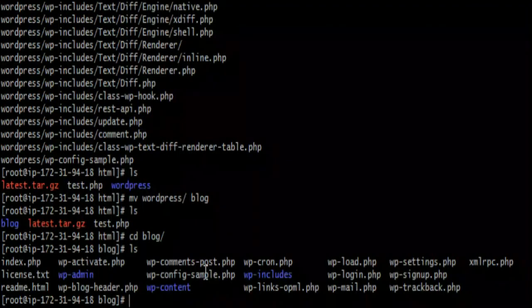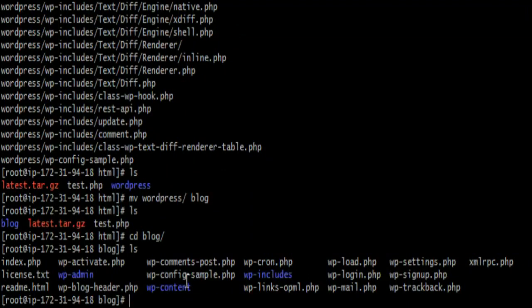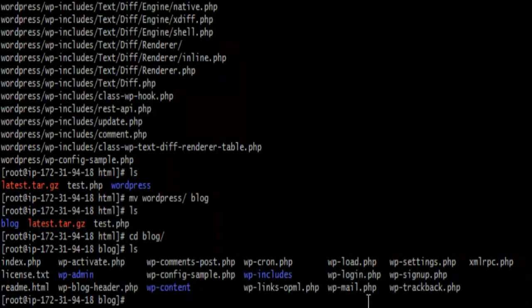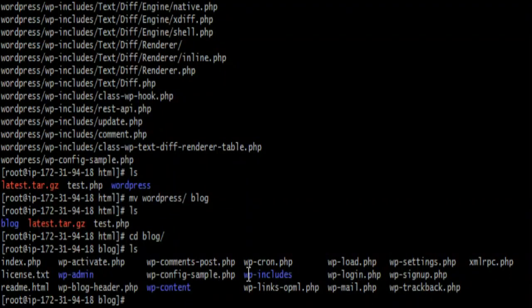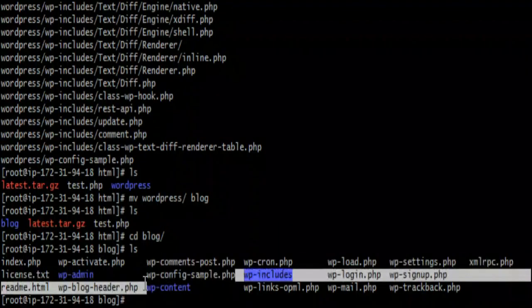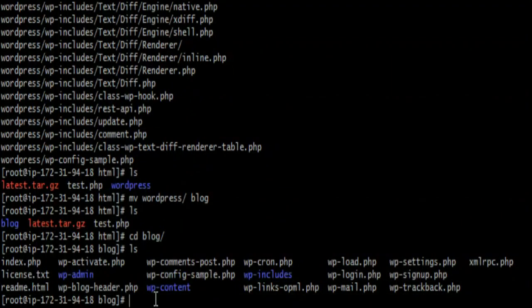now I need to create a config file. WordPress already provides one config file. As you can see, you'll be able to see one sample config. Yeah, this sample config is already there. We'll just rename it.